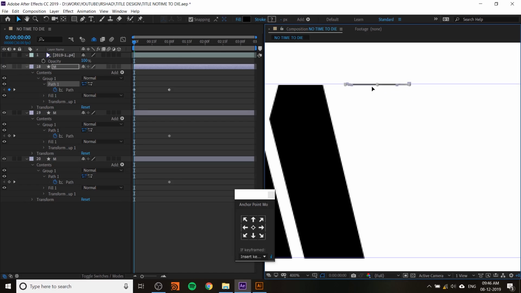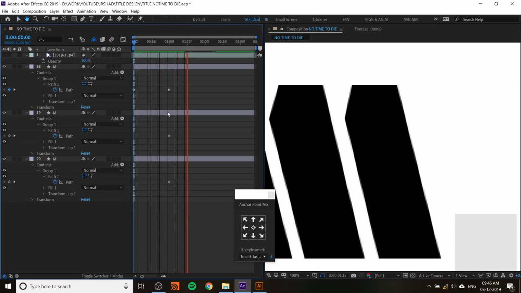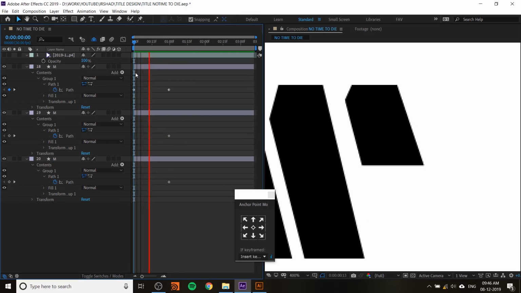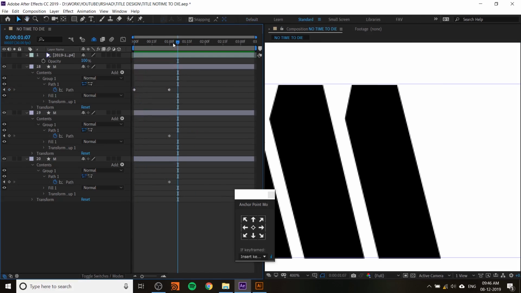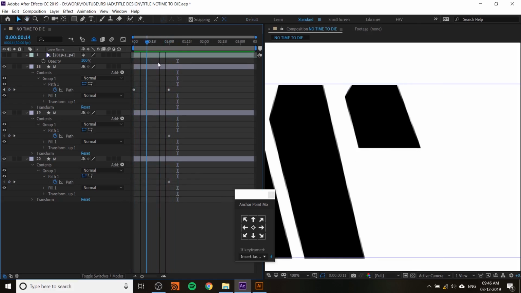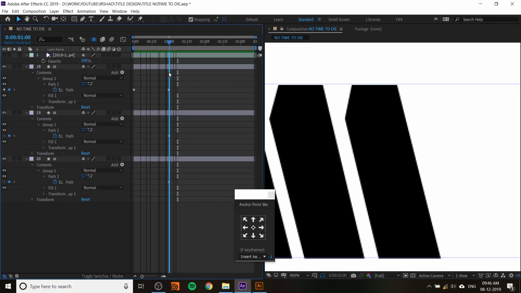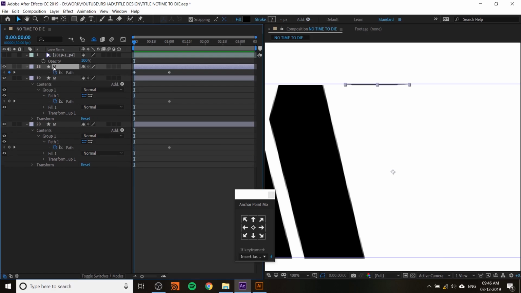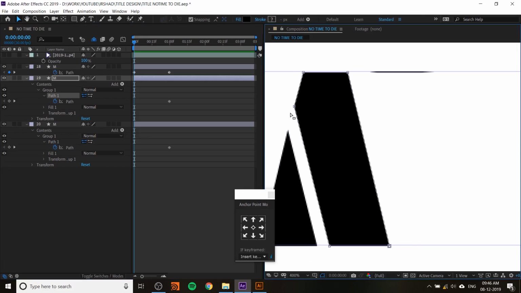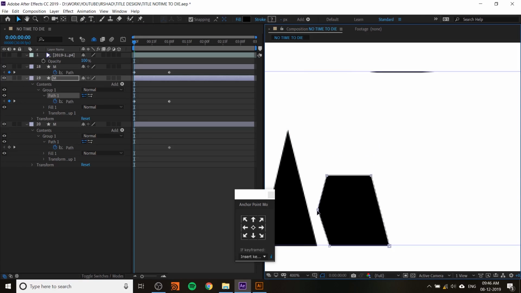Now you can scale. See, so you can animate like this, and it's done. Press U. Now select the second one and click on the path 1, access the top anchor points,